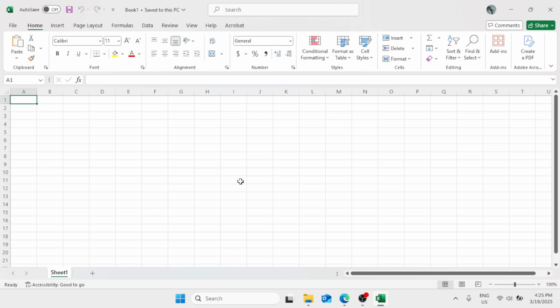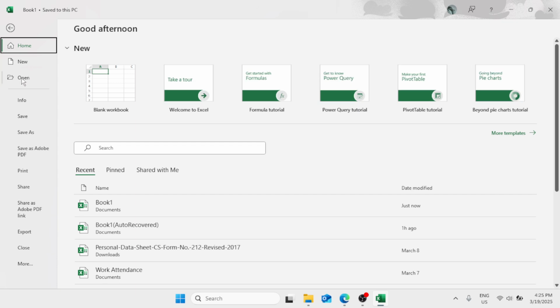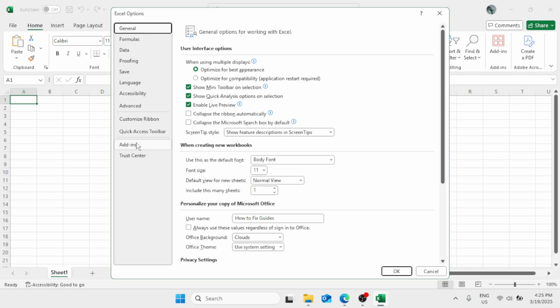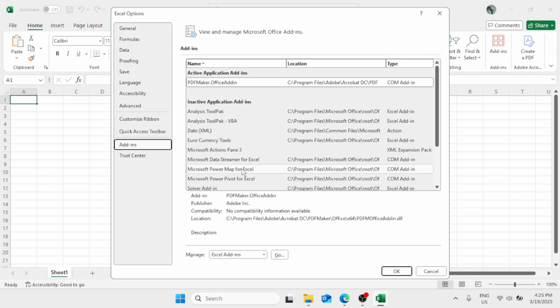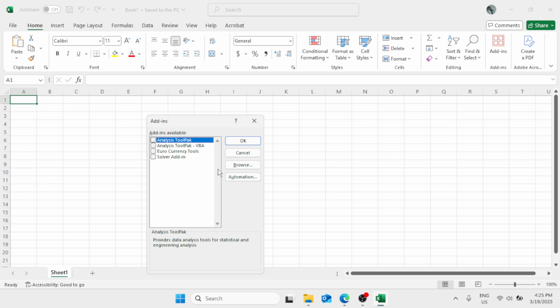For the next method, we can also disable the Excel add-ins, because in some cases add-ins can cause issues on your Microsoft Excel. So click on the File tab again at the top left corner. Then click on More, click on Options. Then here you'll find Add-ins, and click on the drop-down arrow next to Manage and choose Excel Add-ins. Click on Go, and then you'll find the add-ins here. Just make sure to uncheck these boxes to disable the Excel add-ins,